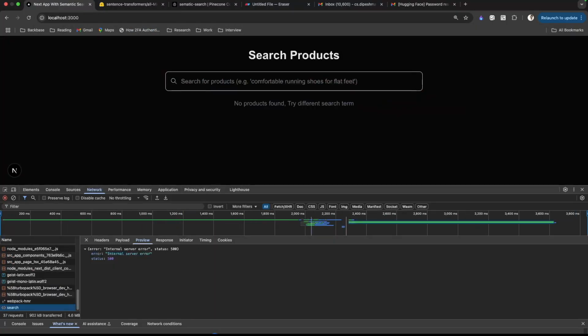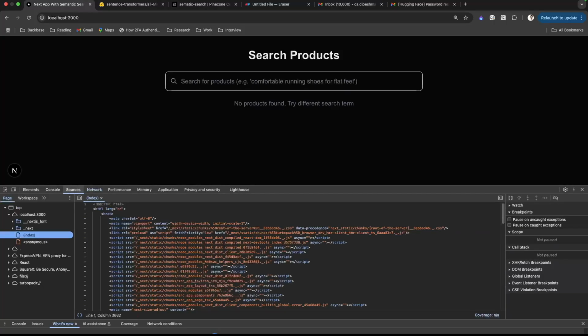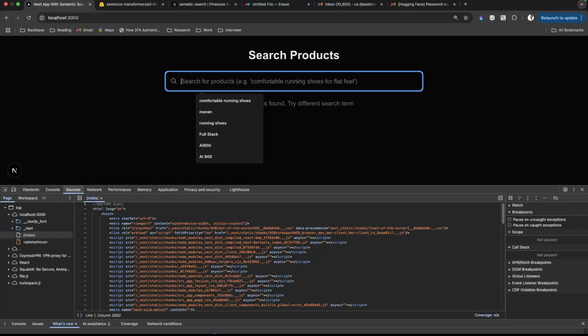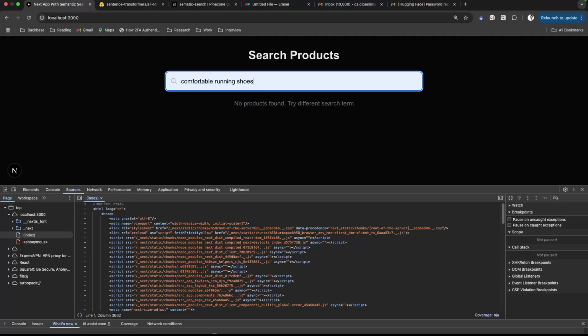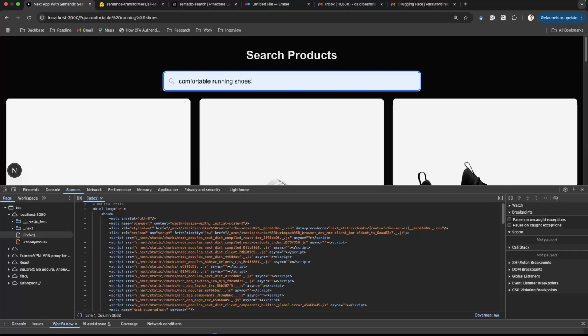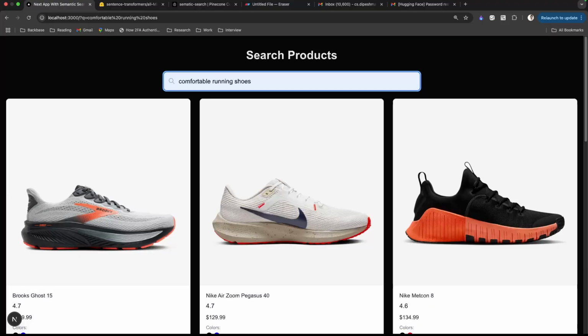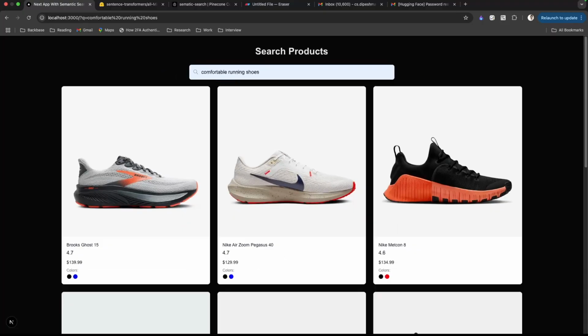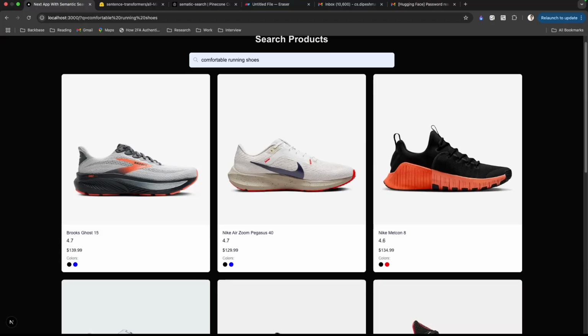So if I go here, we see that there is an internal server error. All right, let me find some comfortable running shoes, and if I hit enter, then you see that we get the shoes. Let me zoom out a little bit, and you see that we have all the comfortable running shoes. This is a running shoe, this is a running shoe. So the query matches the most matchable vector for running shoes, which is these two,